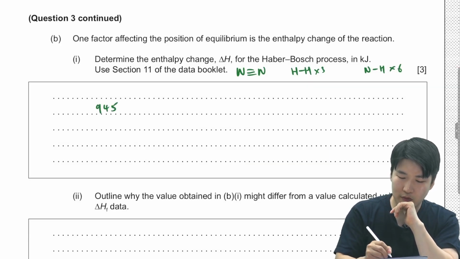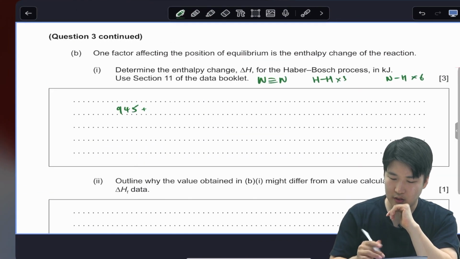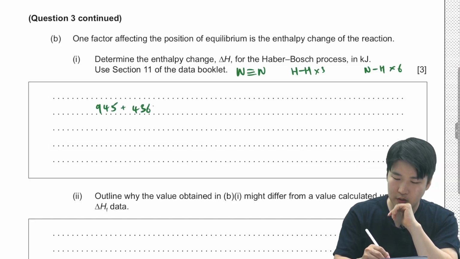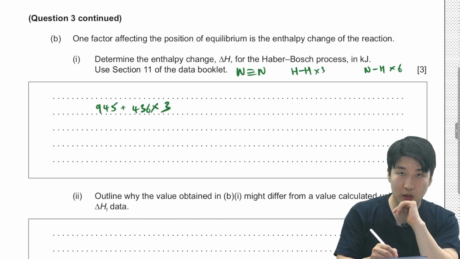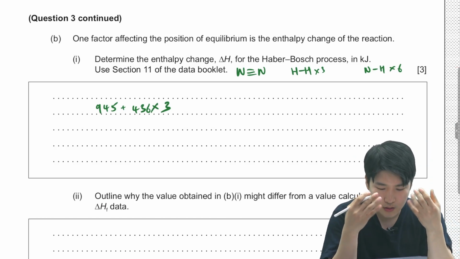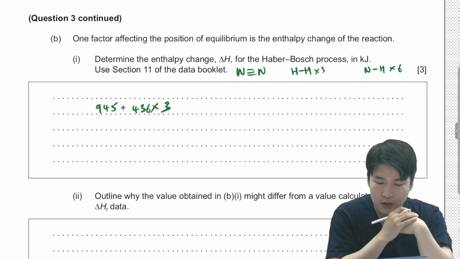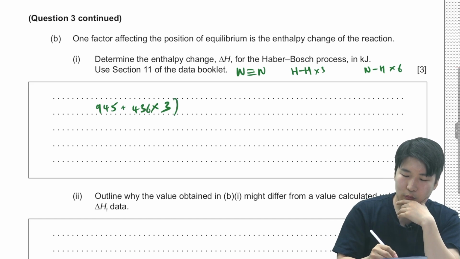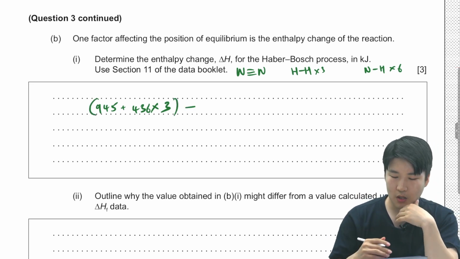9, 4, 5 plus 4, 3, 6 times 3. This would be the energy required to break the bond, the reactant bonds. We will be minusing the NH bond enthalpies,